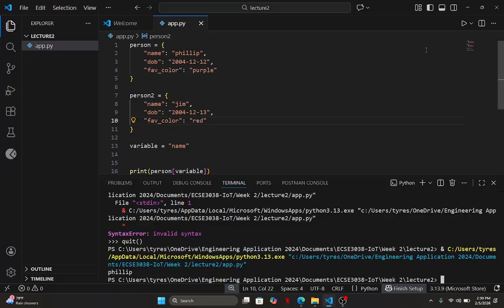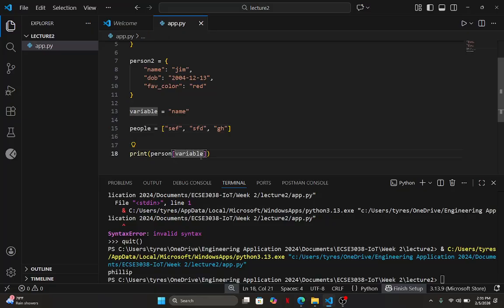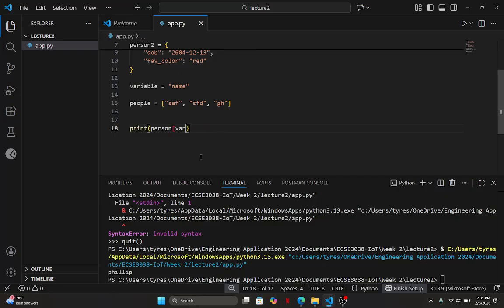Yeah. So it's similar to arrays, where if it was like this, and I had that, and that, if I want to get the second person in my people array, I would use this, right?